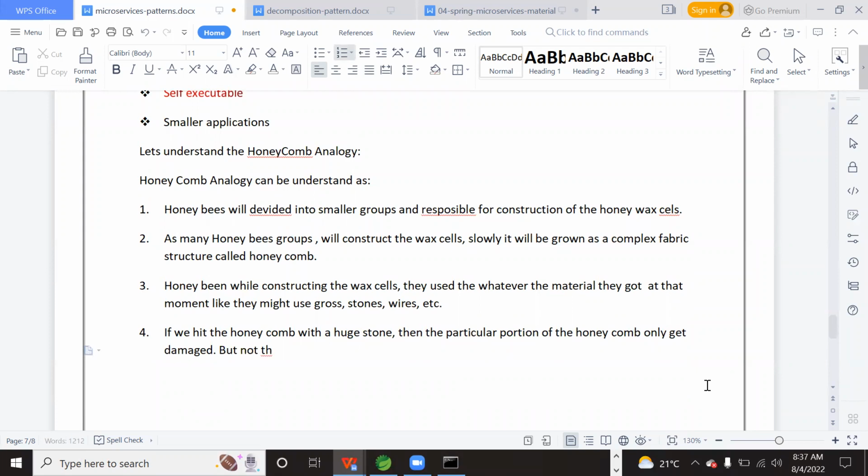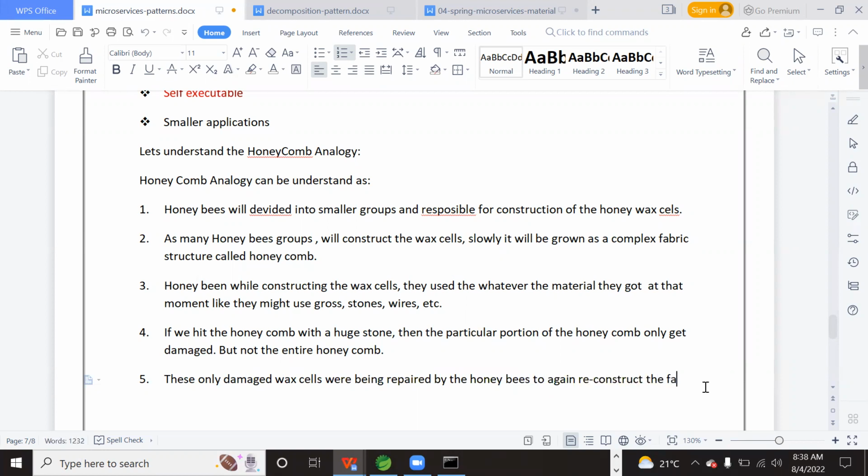But not the entire honeycomb. So these damaged wax cells are repaired by the honeybees to again reconstruct the fabric structure.